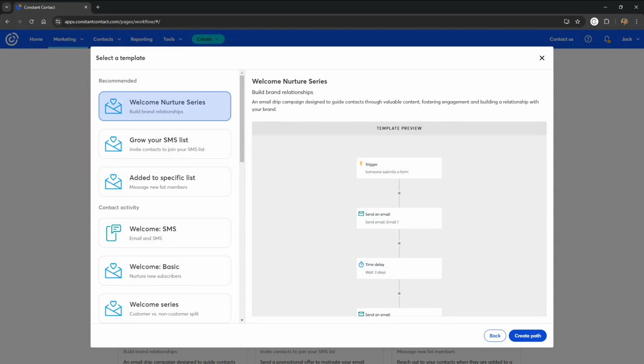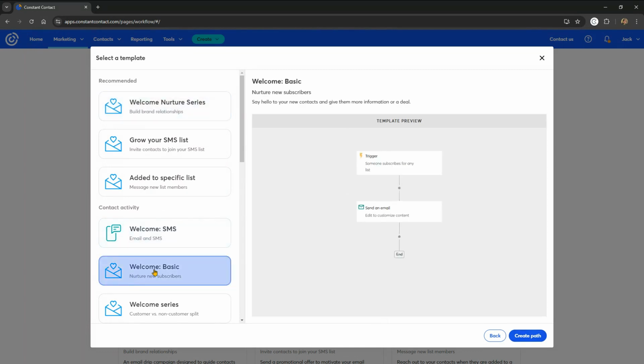Here are the templates that are here by default. Now, I will take a moment and mention the Welcome Nurture series and the Welcome Basic. Depending on if you're on a standard plan or a premium plan, you might have different things available. So again, the Welcome Nurture or Welcome Basic are those really good